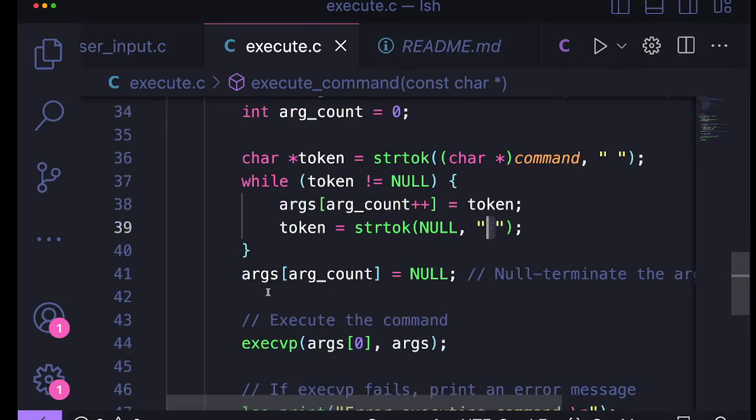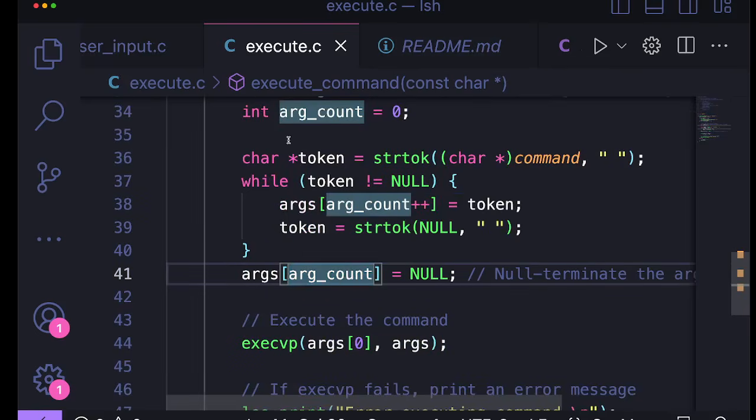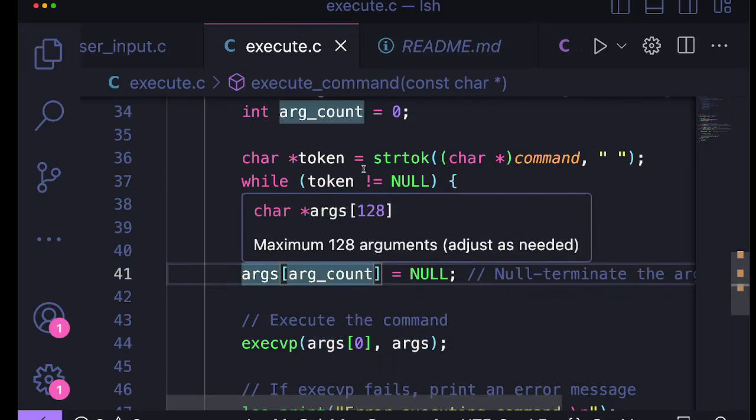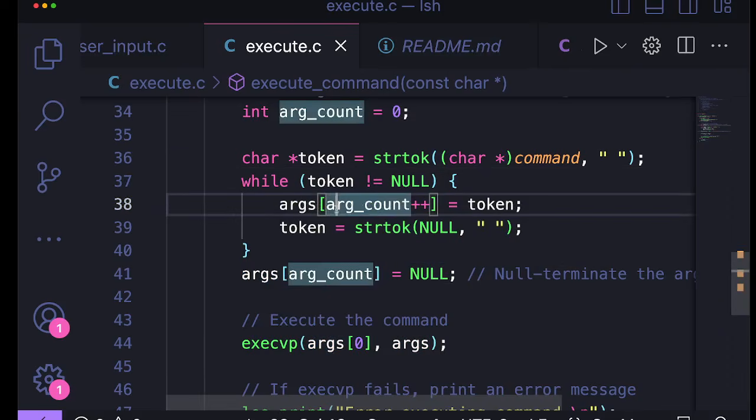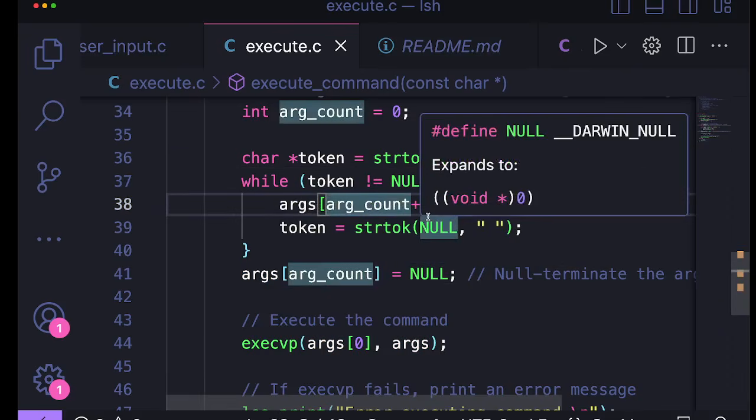Then you're going to use the args count, the integer variable which you declared over here. You're going to pass it as an index to the array. So this is an index array, this args array. Whatever the array is will determine at which point the string is being parsed. So we are doing string parsing. We are giving the array the indexes. So whatever index you are at currently,